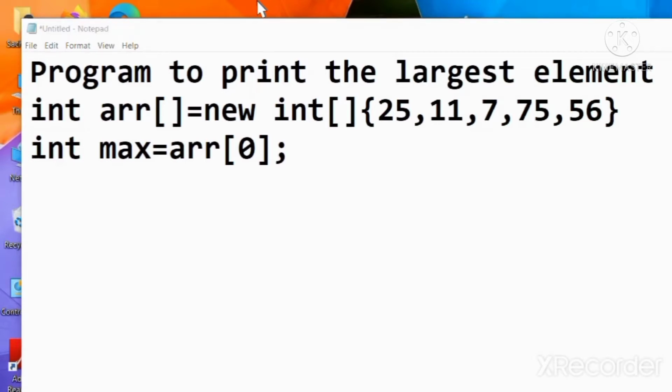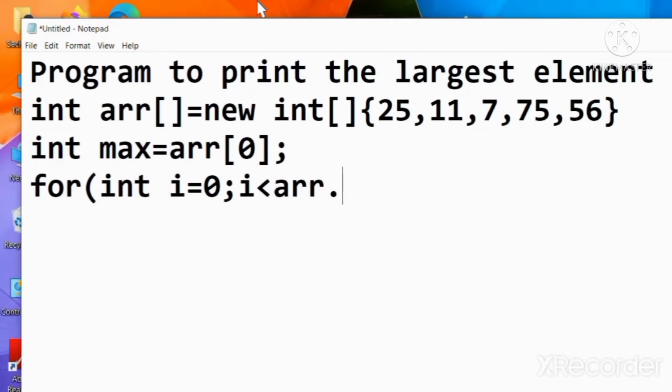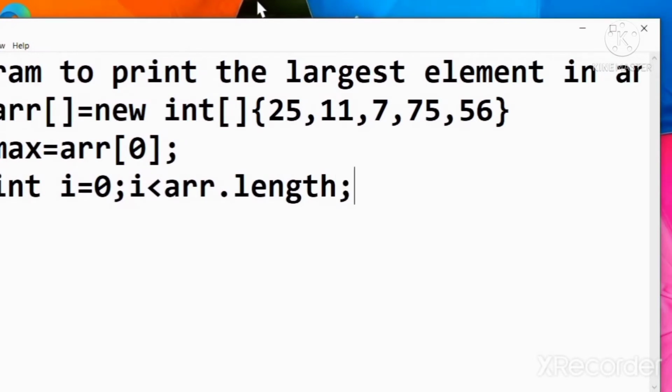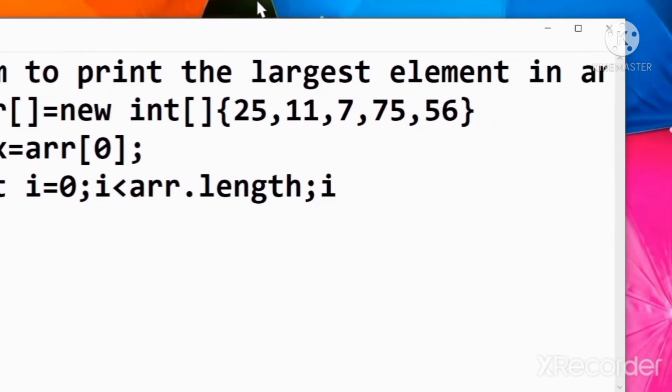After that we are using a for loop: int i is equal to 0, i is less than the length of the array, arr dot length, and i plus plus.